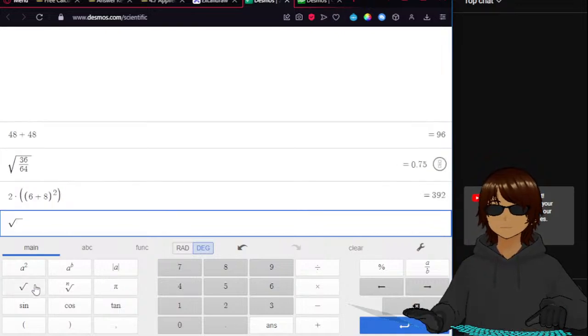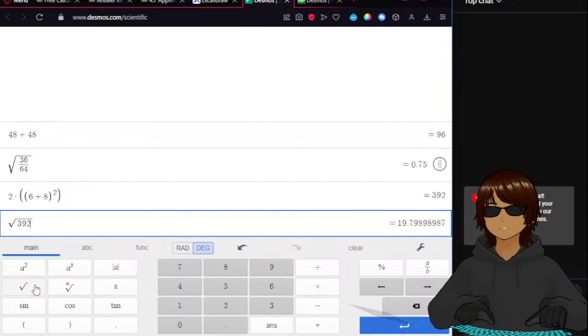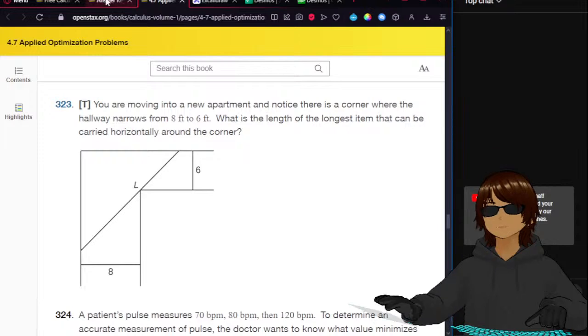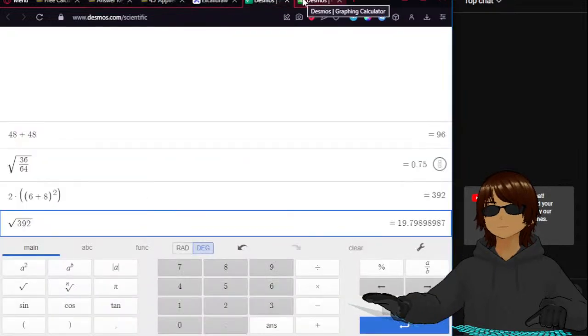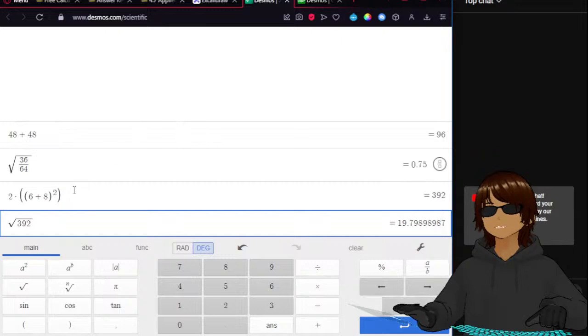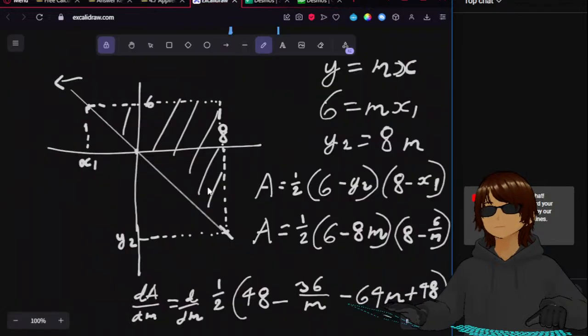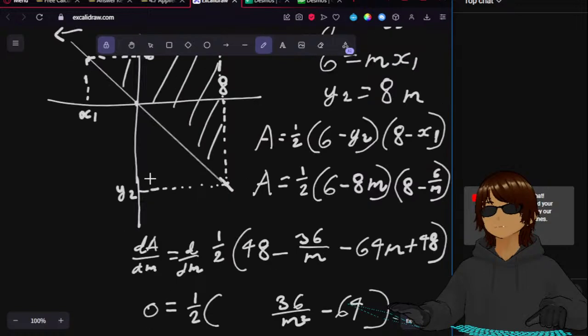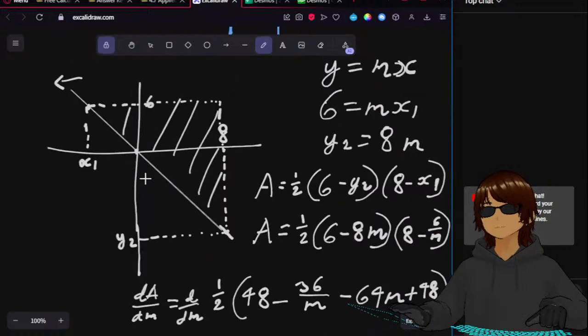And then got 19.7. Not 73 though. 798. Because 8 plus 6 square plus 8 plus 6 square and square root all of that. No, wait. This is 8. This is